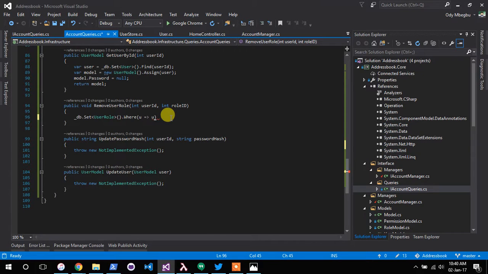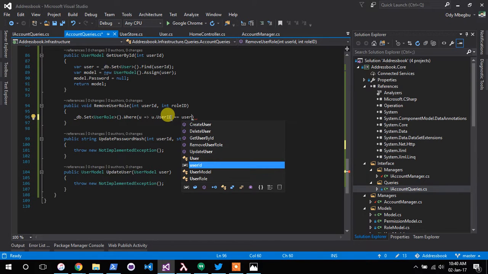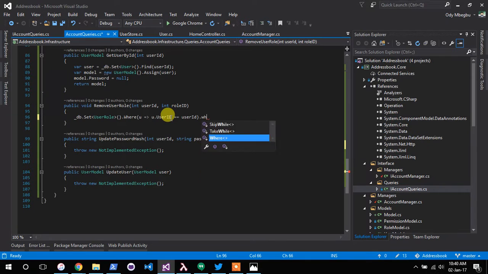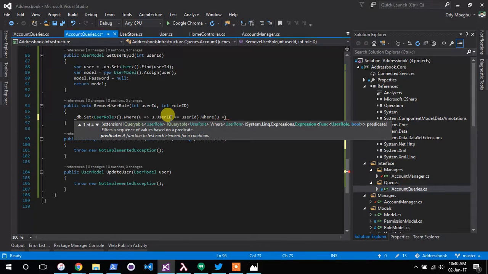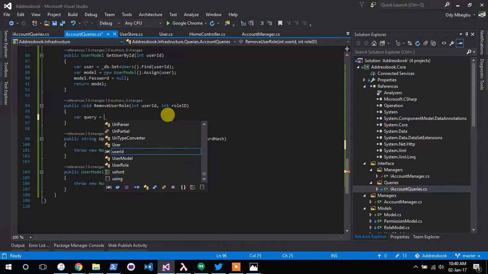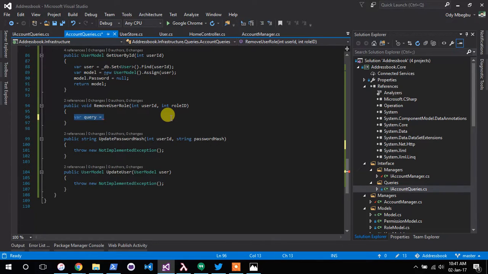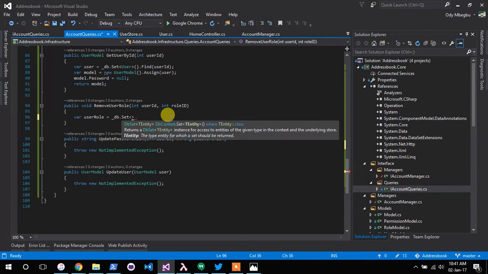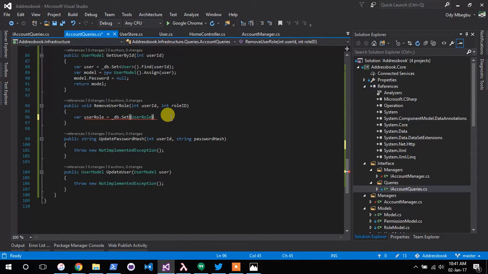where u.user_id equal to user ID, and where, you know what, let's follow the same pattern we've been using. So first of all, I would come, okay, no, user row is a quicker way. So db.set user row dot where, you dot, again, keep forgetting,